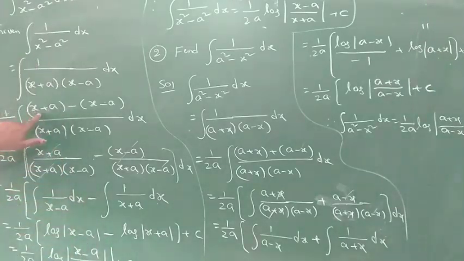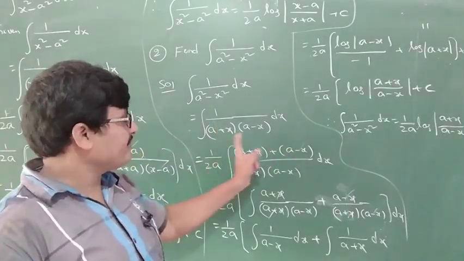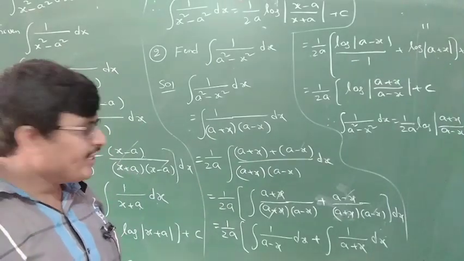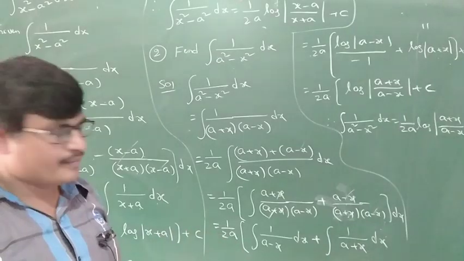Here the minus means cancelled x. Here plus means cancelled x because different problem is different. Depending on the problem, for the two functions, plus or minus, you have to check this one.